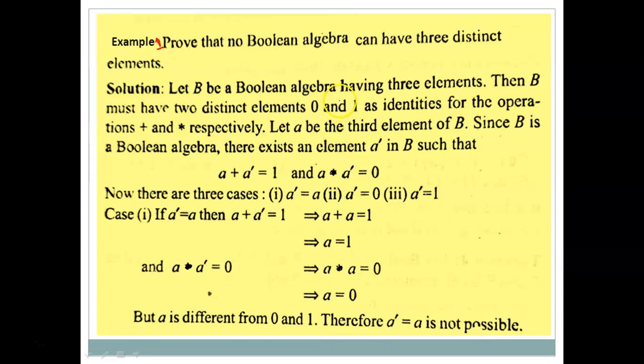We will consider a Boolean algebra that has three distinct elements, and by proceeding further, we will get some contradictory statement, and due to that we will say that our assumption is wrong. This will be the process here. So first we are considering a Boolean algebra B